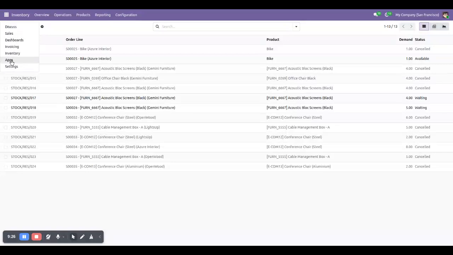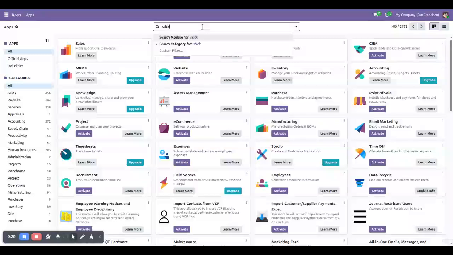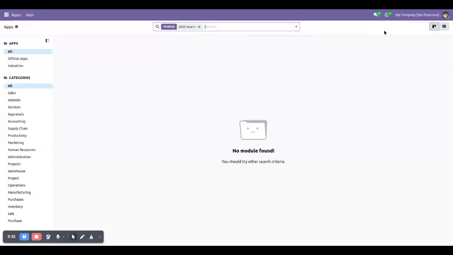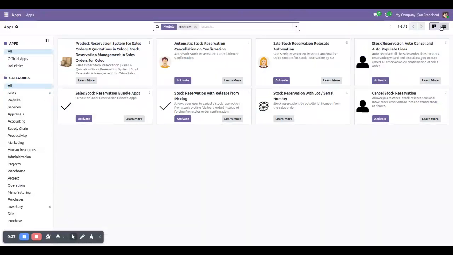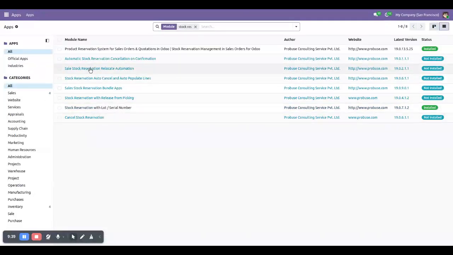which are available. As well, we have other supporting modules available for stock reservation that you can use if you require. If you wish to auto-populate the line on the stock reservation wizard, you can use this module. If you wish to enhance the cancel stock reservation feature, you can also use one; automatic stock reservation, cancel and confirmation is also available. So some extended modules are already available. If you wish, you can review them and purchase them from the Odoo apps.